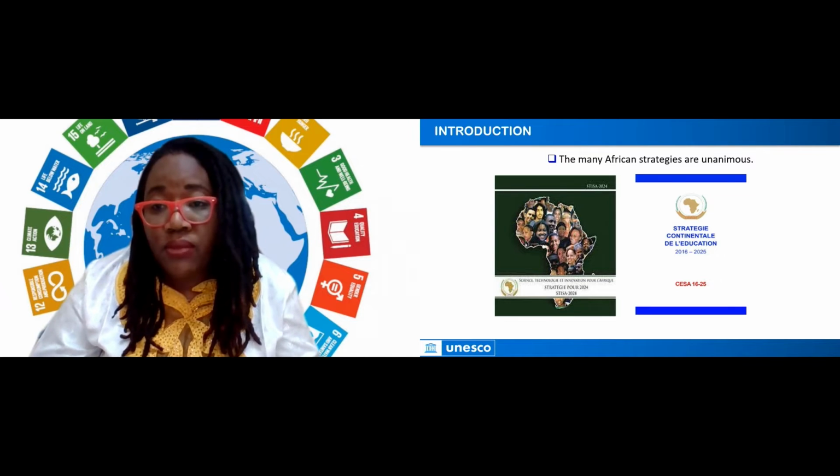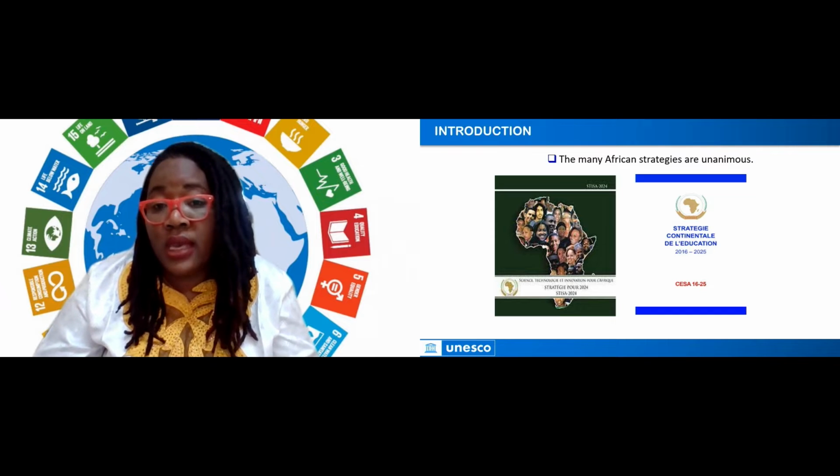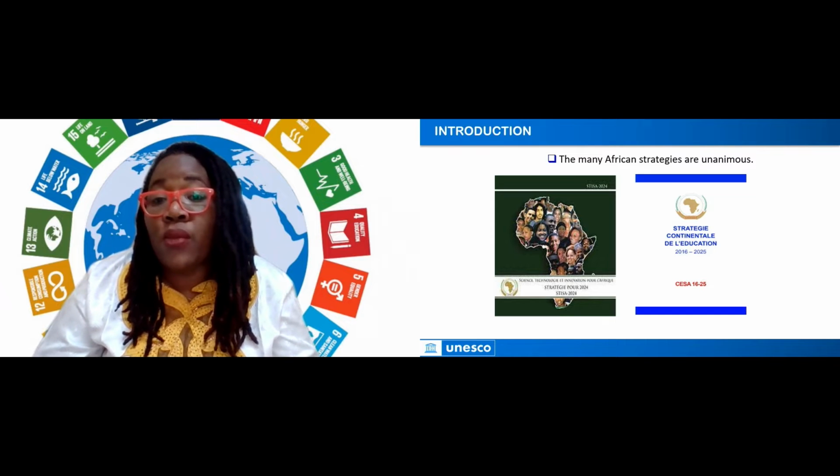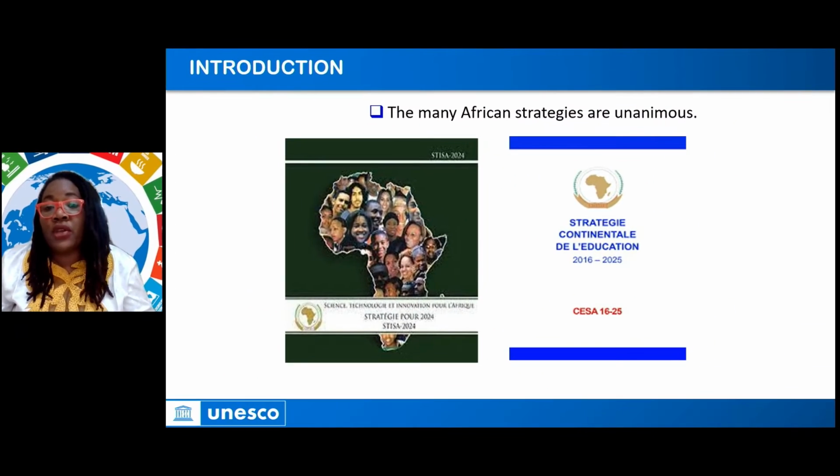Many African strategies on education and science are there to sustain economic and social development of the continent. This is proceeding from investments in training and developing educational and technical competencies in science, technology and research, and innovation. These are key areas that reinforce and make use of the human capital of the African continent. In that regard, the continental strategy on science, technology, innovation for Africa, the continental strategy,